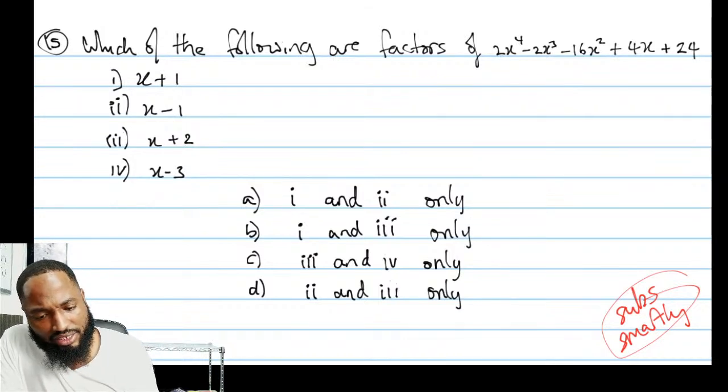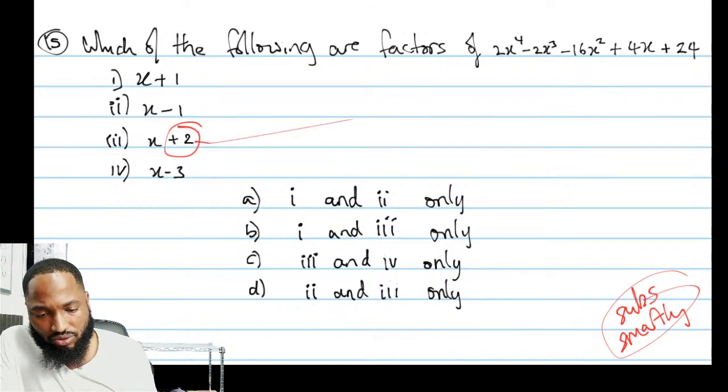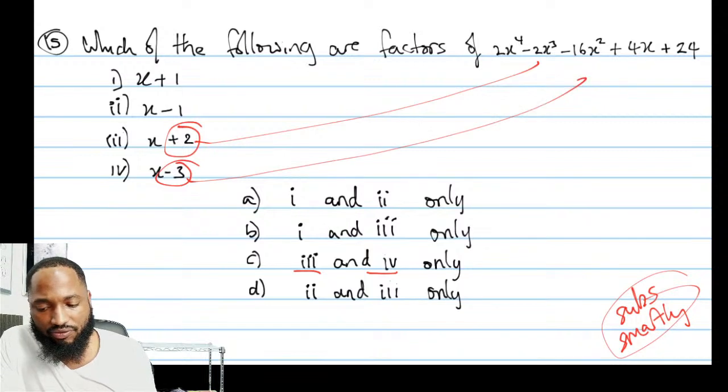Which of the following are factors of that ridiculously long expression? You substitute. Everybody can see? You substitute negative 2 in that, see? Yeah, I think that's what I wanted. And negative 4, negative 3, positive 3. So negative 2 and positive 3. We do a little input thing and yeah, easy, right? We do this already.